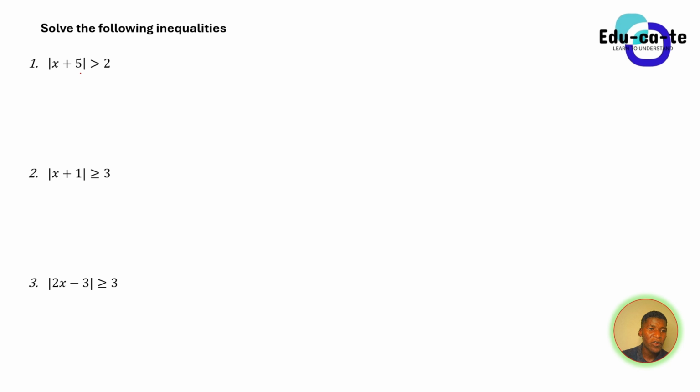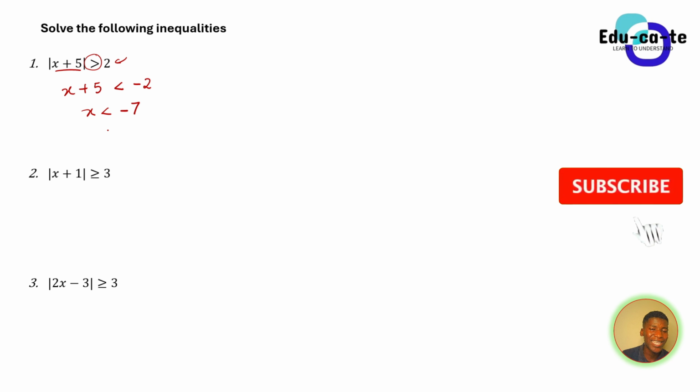So the absolute value of x plus 5 is greater than 2. The moment you see greater than, we have to apply the law and say whatever is under the absolute value sign, in this case it's x plus 5, must be less than negative of this number. It must be less than -2. In this case, x must be less than, you transpose 5 to the other side, x must be less than -7 for us to get a what?